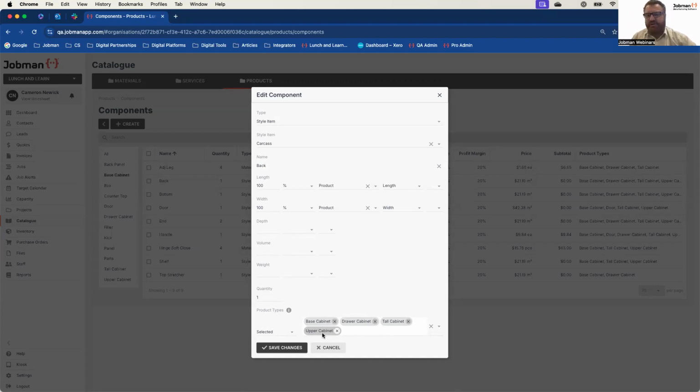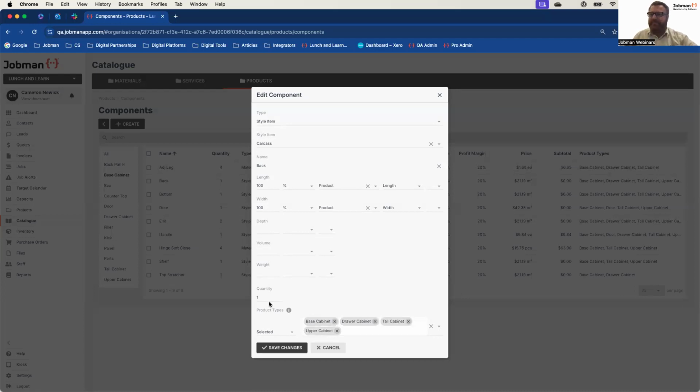And you can use this concept for virtually any production or product management in our system. Components are extremely powerful. Now, what are the key elements to a component? The key elements to a component, obviously, are what product types does it apply to, and how many there are as a default standard. Keep in mind you can update this product to product.